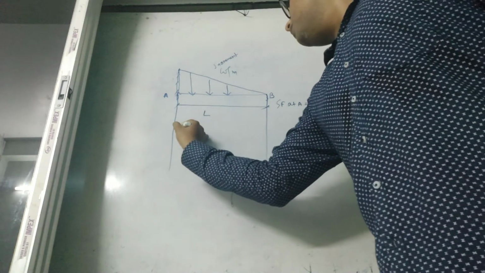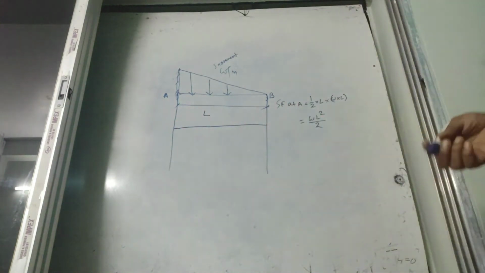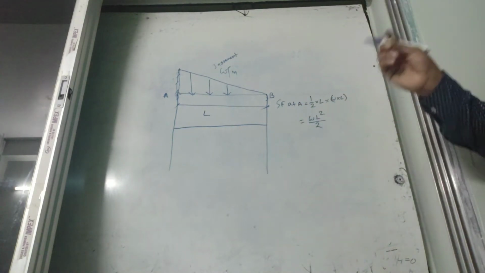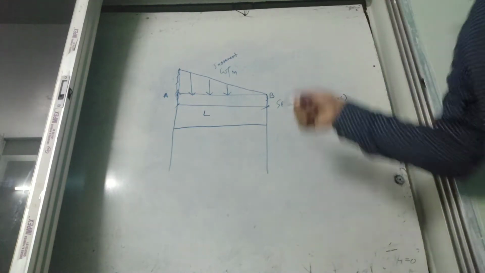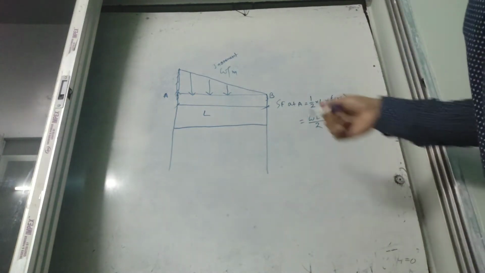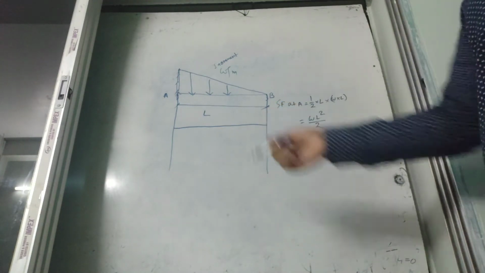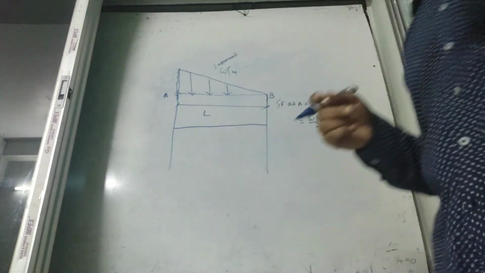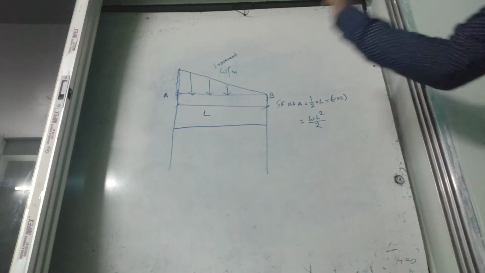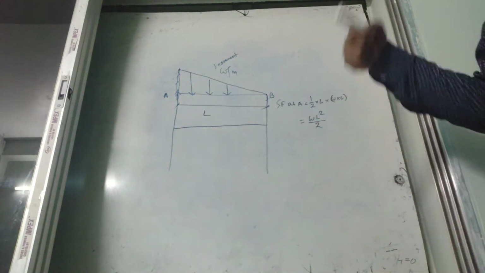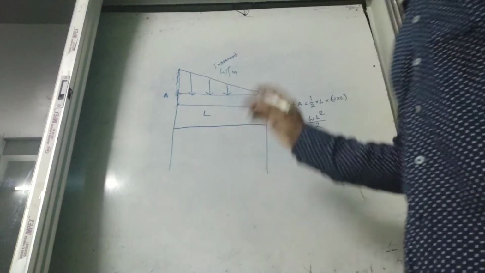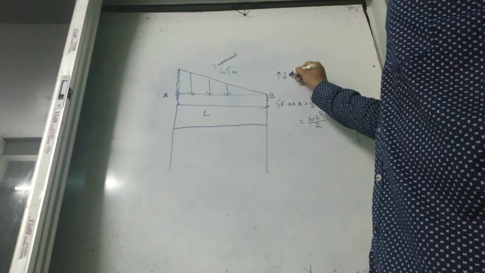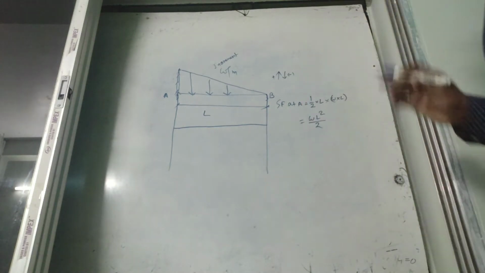Again, we go for the calculation of bending moment, but before that we go for the shear force diagram. In case of a cantilever beam, the free end is always 0 if no point load or any other load is given. The shear force diagram starts with 0 and the maximum shear force comes at WL square by 2. What is the difference between UVL and UDL? The shear force diagram in case of UVL is a curve, a parabolic curve. There is a sign convention. Last day we discussed upward positive, downward negative, or downward positive, upward negative, vice versa.